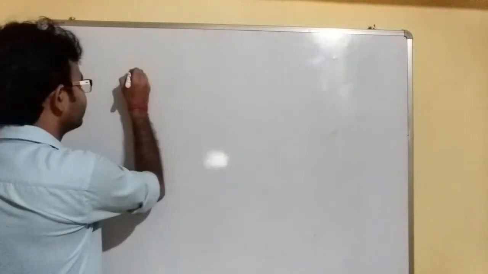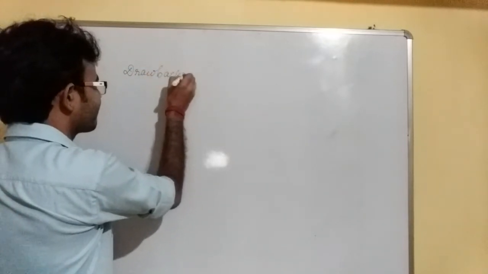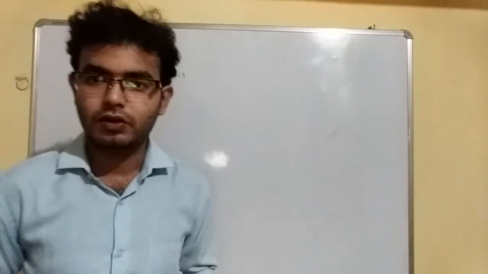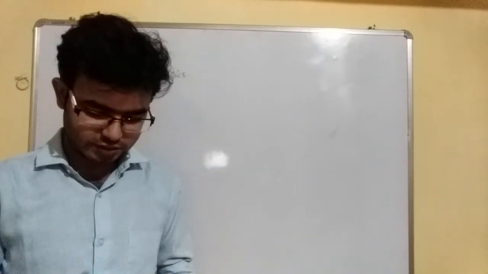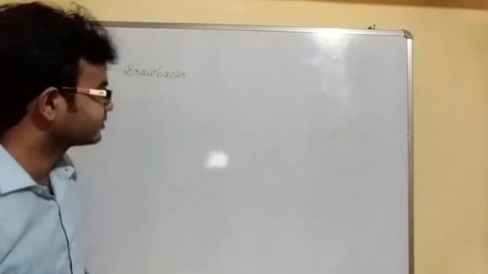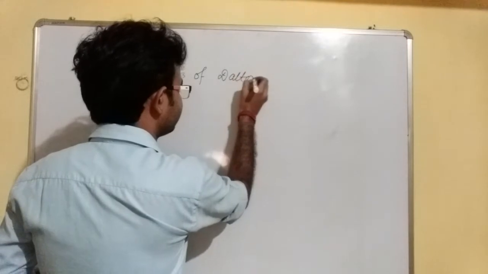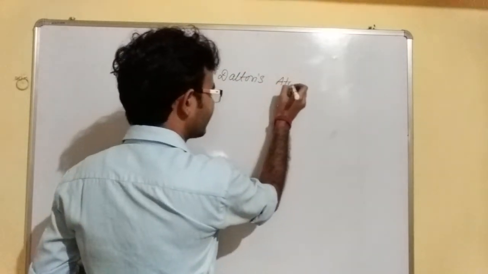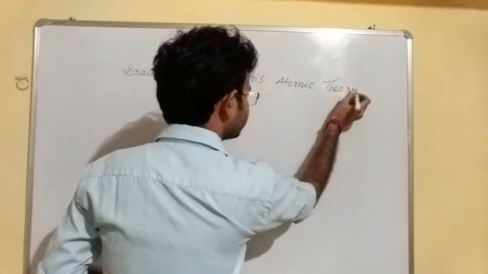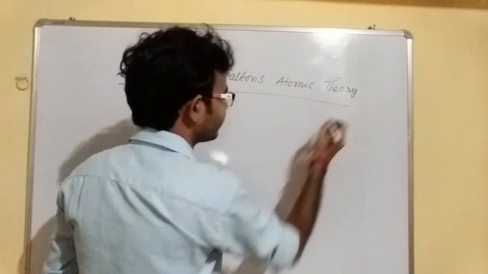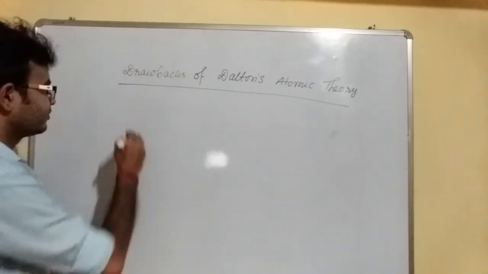Okay, write the heading: drawbacks of Dalton's atomic theory. This one is very important and is not given in your NCERT book. Also, here we'll discuss it. So the first point, that is,